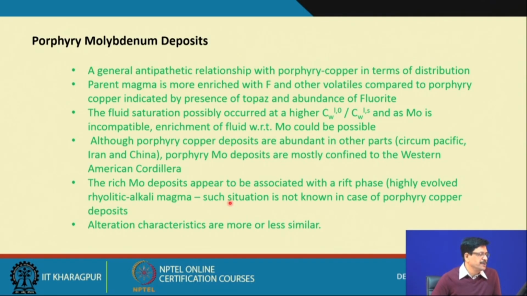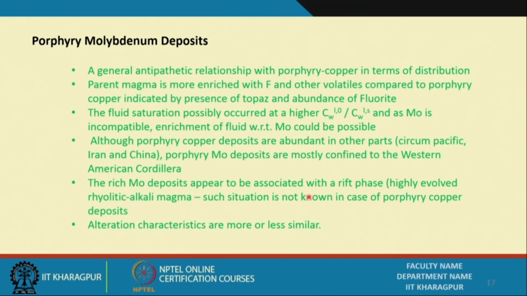The rich molybdenum deposits appear to be associated with the rift phase, which is actually not very conclusively known in the case of the porphyry copper deposits, whereas the rather poorer or lean porphyry molybdenum deposits are associated with the magmatic bodies which are products of convergent type tectonic settings,